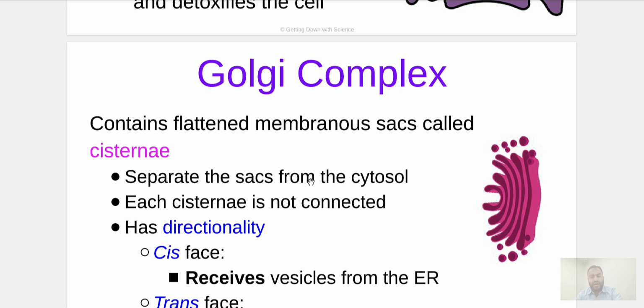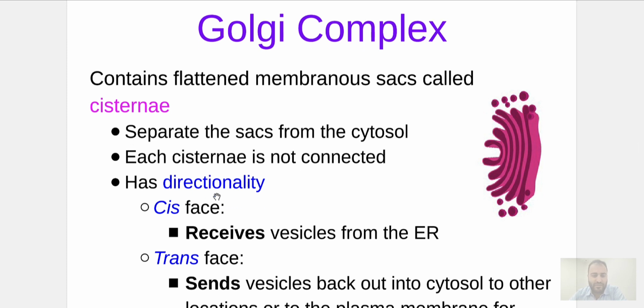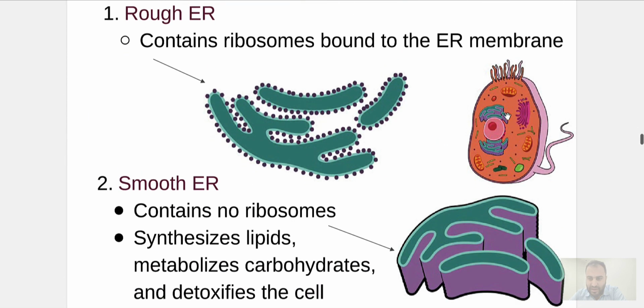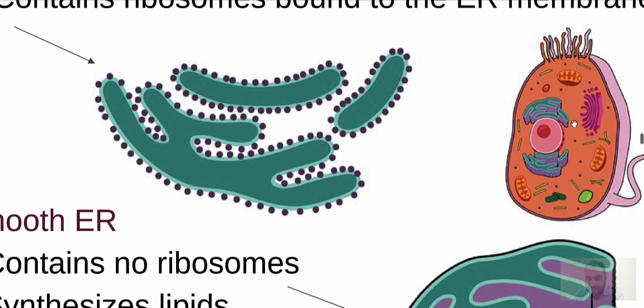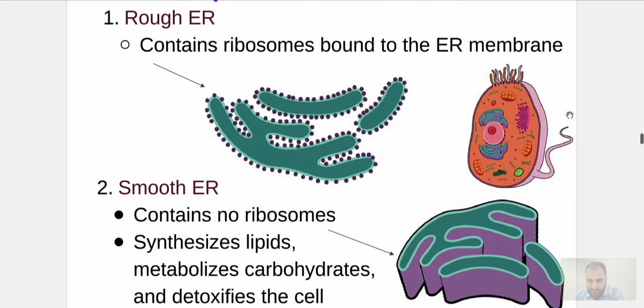Now, the Golgi apparatus is divided into two sides based on its direction. The one facing the nucleus, I'm speaking about this one here, we call the cis Golgi apparatus, or the cis side. And the trans one is facing the membrane. So this is trans, this is here cis. Now,